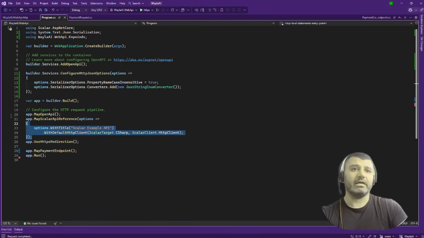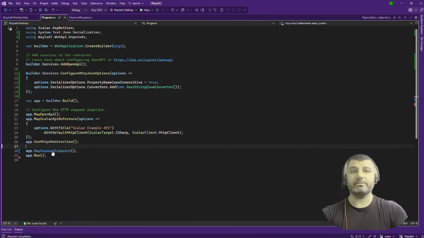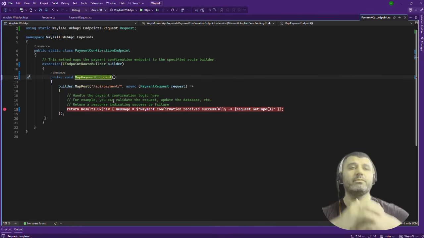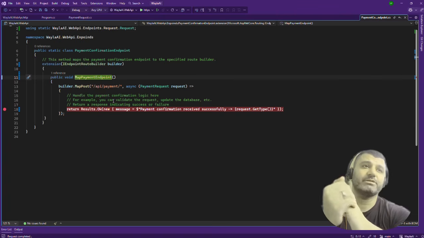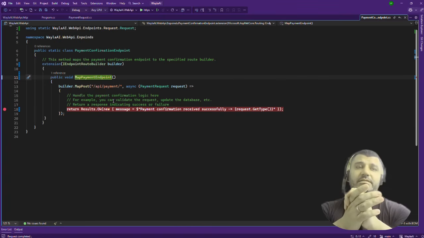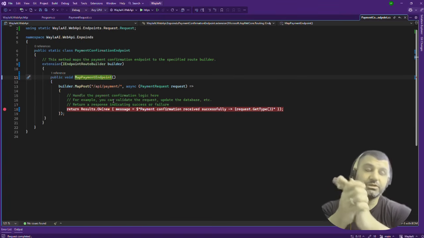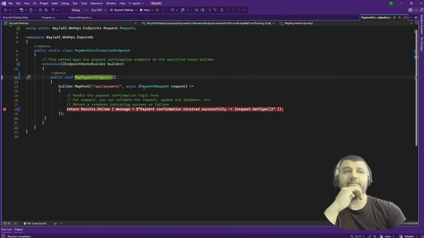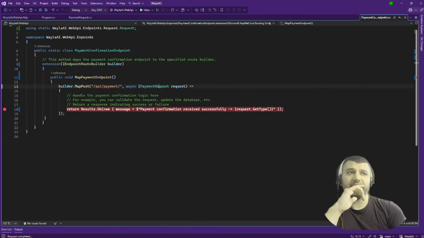Here I have my OpenAPI configuration. I'm using Scalar. And here, which is most important, I'm mapping my endpoint. Here I have a map of the POST request to /api/payment. It's a typical extension pattern used in .NET 10. And what I'm expecting in this endpoint is that the request will come with the base class, but under the hood,